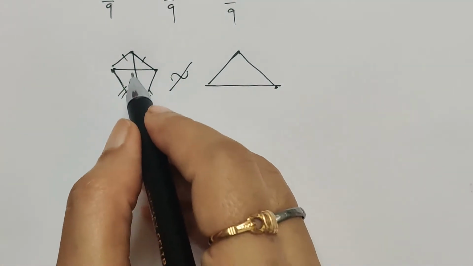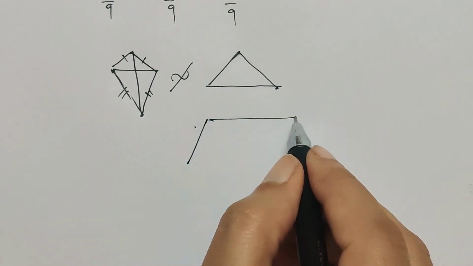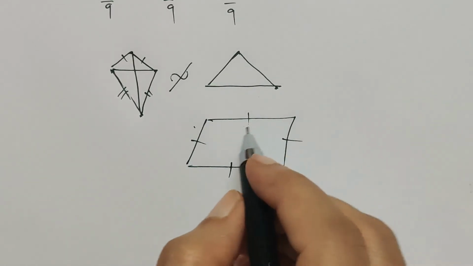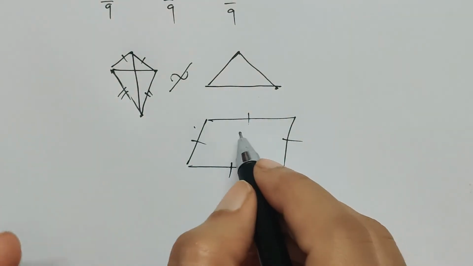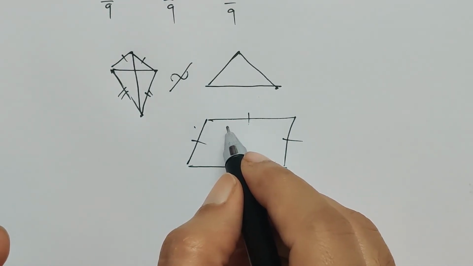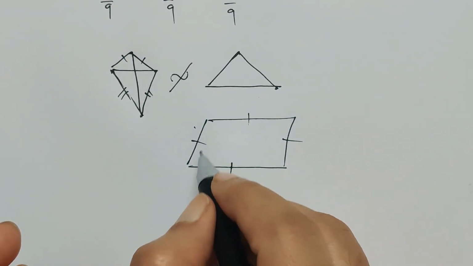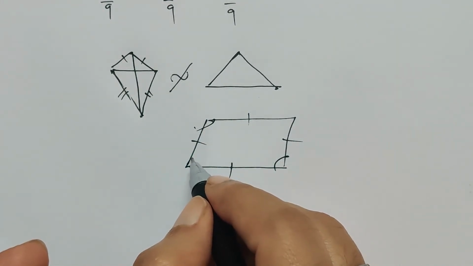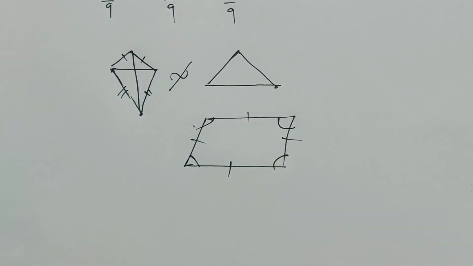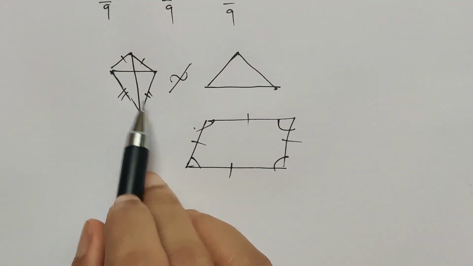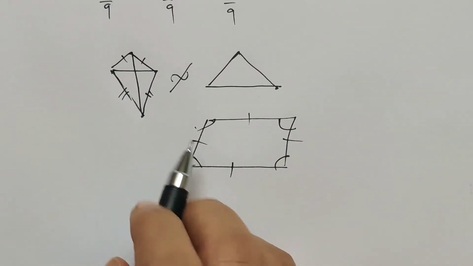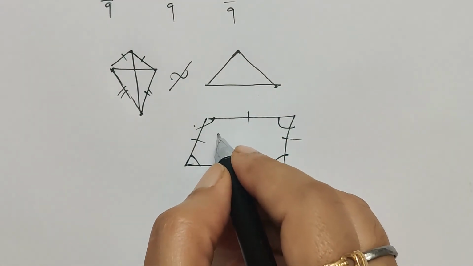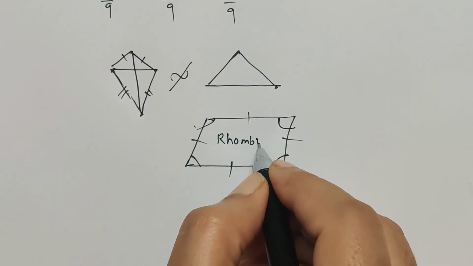Now if I talk about this kite with the rhombus, in a rhombus what do we see? In a rhombus all sides are equal, and we are not sure about the angles here, so they are also not similar, because here it is a parallelogram. Opposite angles have to be equal, but not necessarily the same. So as the values are not defined accurately, we are not sure about the similarity of these two figures.